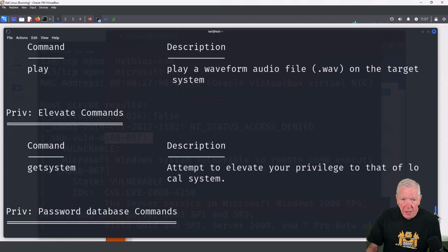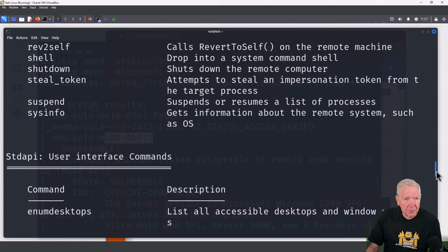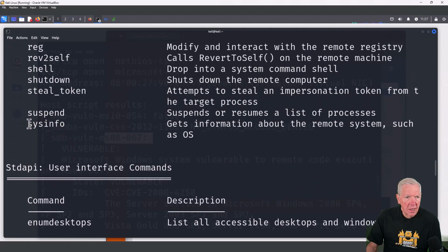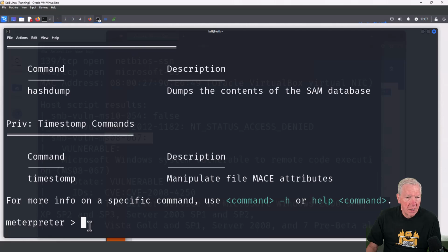All right, so let's go look at a couple of commands. So I'm going to scroll up here and see if there's a couple of commands that we can look at. And I'm going to do this one, sysinfo here. So what you do is you run down to your Meterpreter console right here. I'm still in Meterpreter. Notice here that it's changed from MSF6 to Meterpreter, so that means Metasploit is running in the background. It also means that I have a Meterpreter shell that's connected to the Windows XP computer, and now I can run both Meterpreter commands, and I could even shell into the Windows XP box and run Windows commands natively